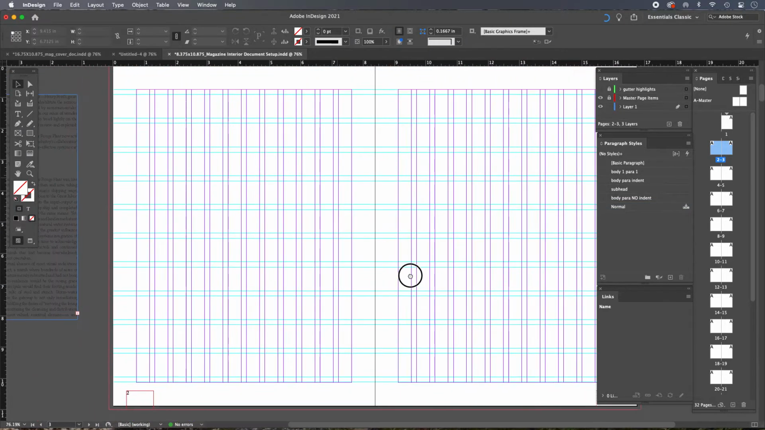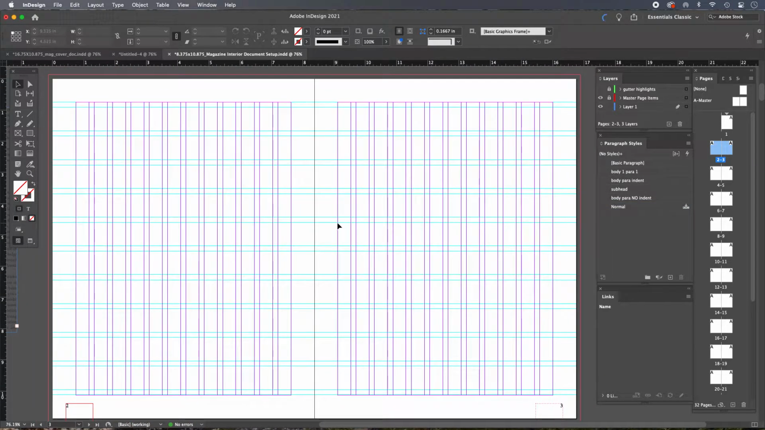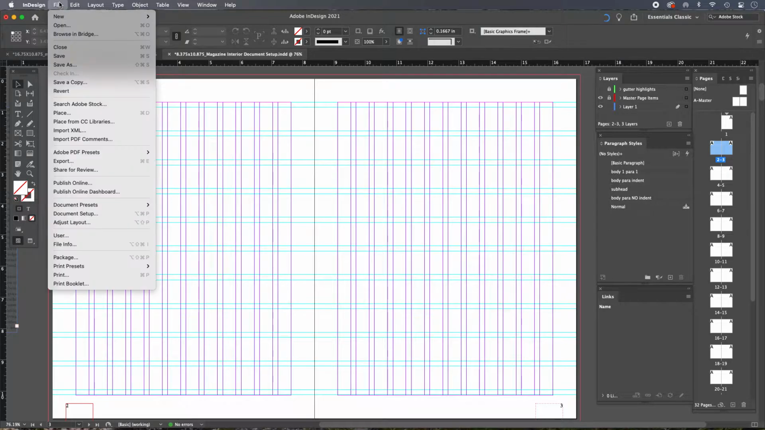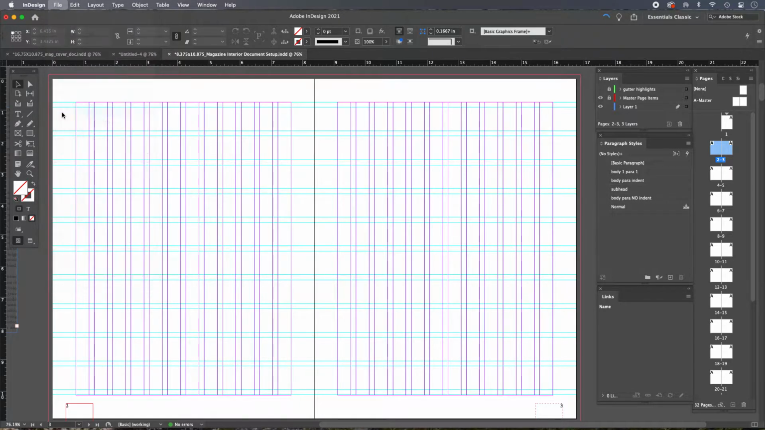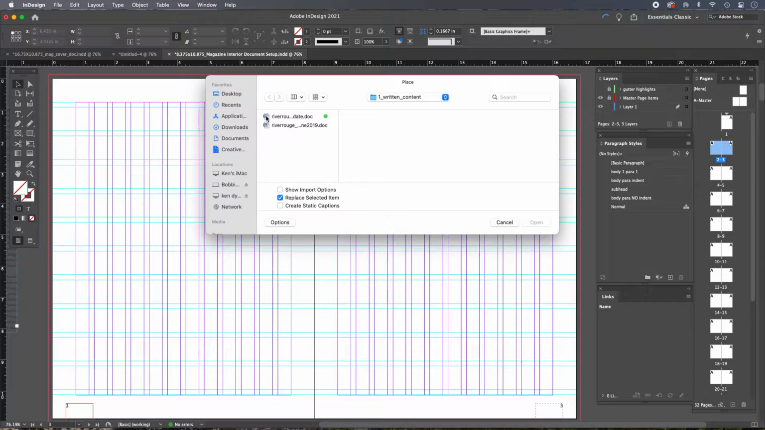So what I like to do is actually work with the file place and place a Word document in. There's one thing though that happens when we do this in a grid document that of course causes even additional headaches, and we'll see what that is. So I'll go to File and Place, and then I'll go to my article,